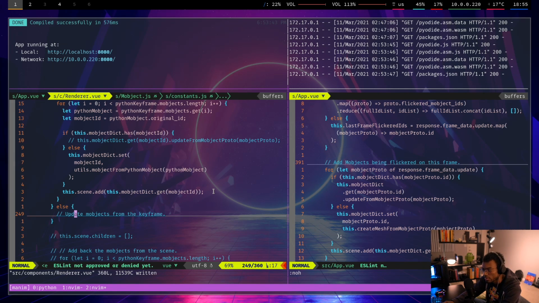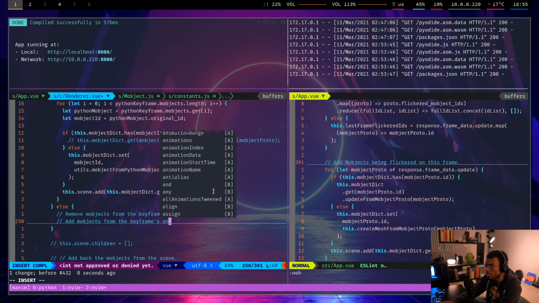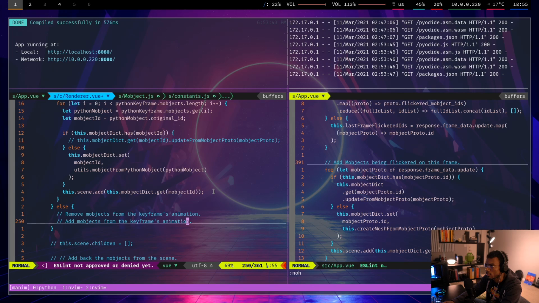So what's the way to do it in this case? I think as long as I'm not dealing with tweening, all I have to do is remove all the objects in the keyframe. Not from the keyframe, from the keyframes' animation. And then add them objects from the keyframes' animation. Because only the